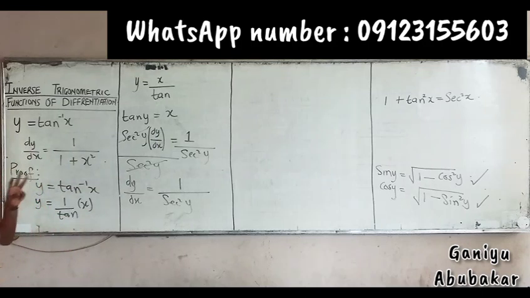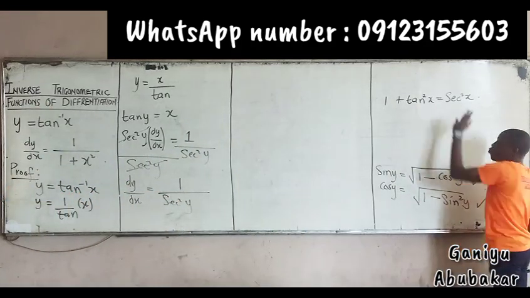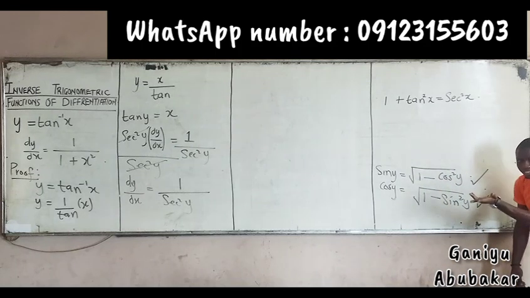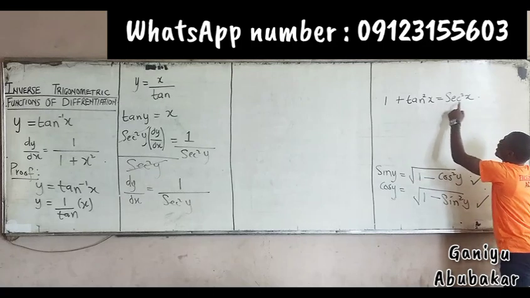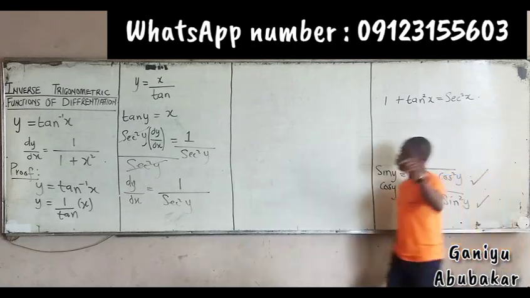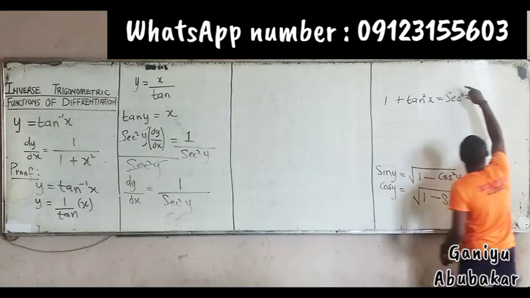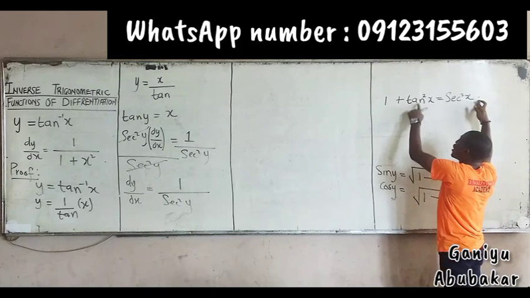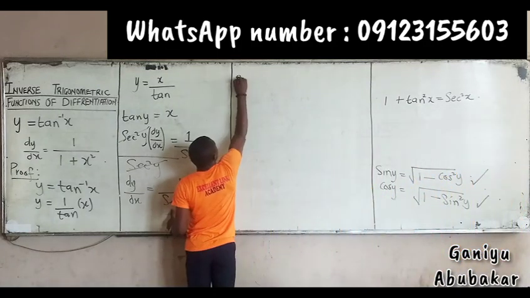Now listen. I can say that 1 plus tan squared y is equal to sec squared y. I'm still correct, since 1 plus tan squared x is equal to sec squared x. If I have sec squared y, for instance, it is equal to 1 plus tan squared y. But from this